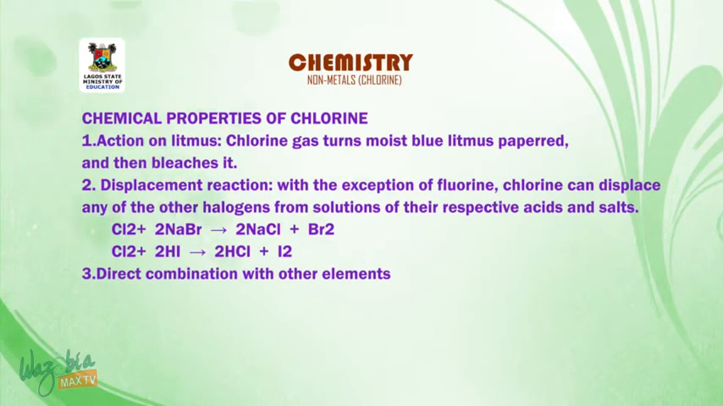Chemical properties of chlorine. Number 1 is action on litmus. Chlorine gas turns moist blue litmus paper red and then bleaches it. Number 2 is displacement reaction. With the exception of fluorine, chlorine can displace any of the other halogens from solutions of their respective acids and